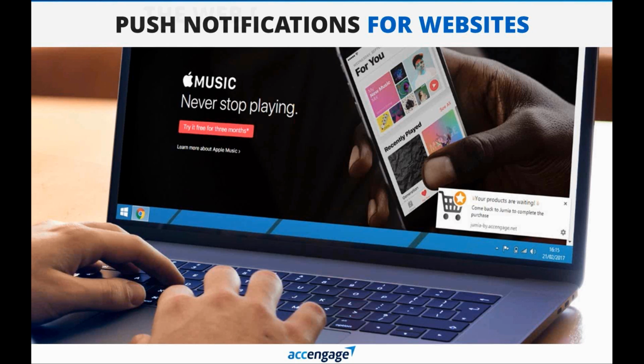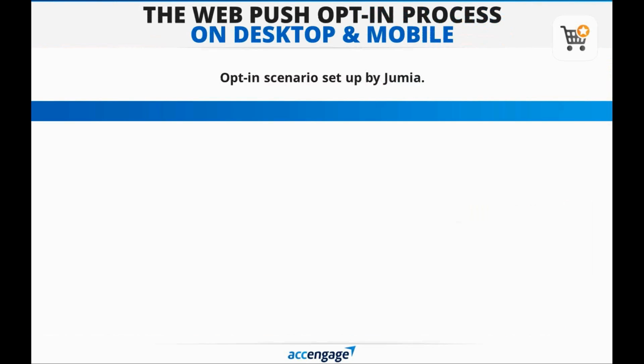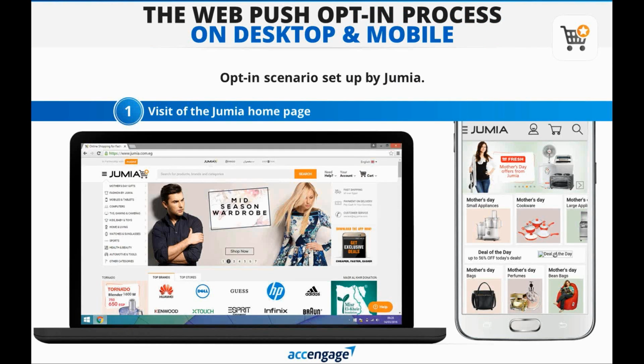So let's look at how it works. First of all, your users go on your website, and you need to ask a permission to send them those web or browser push notifications. So if we look at this example of Jumia, Jumia is the leading African e-commerce player, and they are a subsidiary of Rocket Internet, the largest world incubator. So when the users go on Jumia and they visit the Jumia homepage,